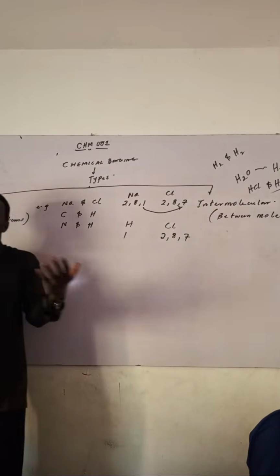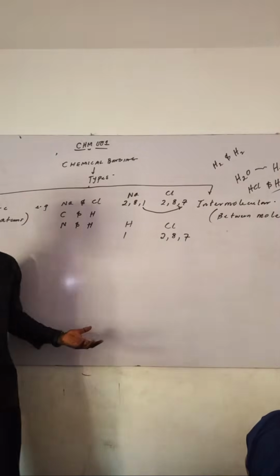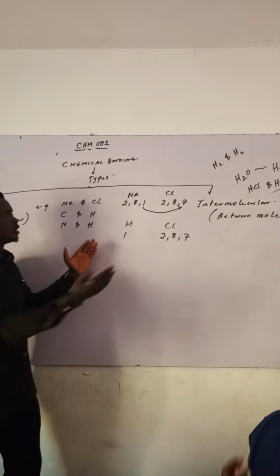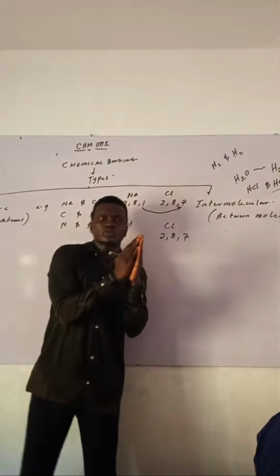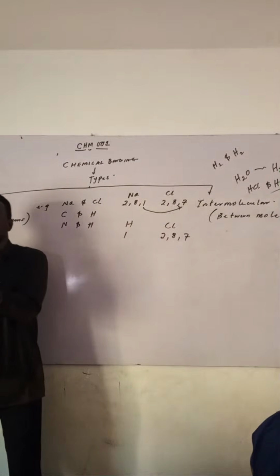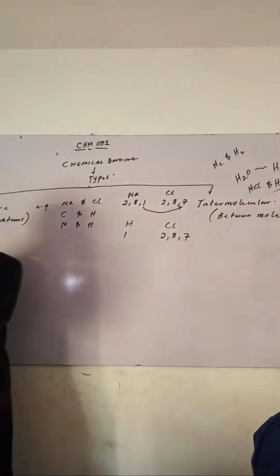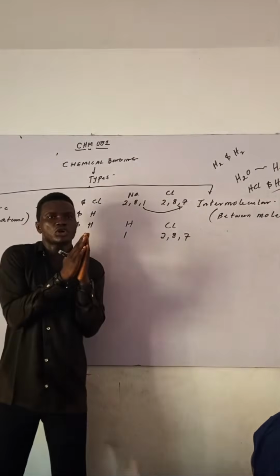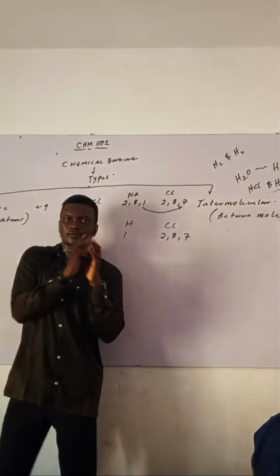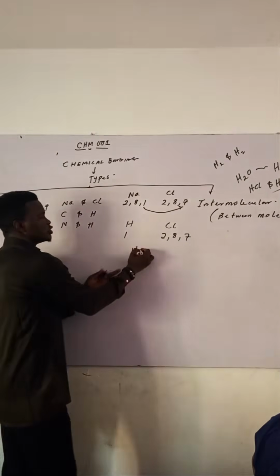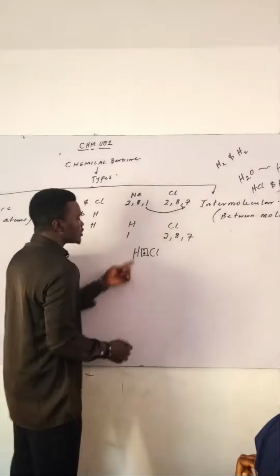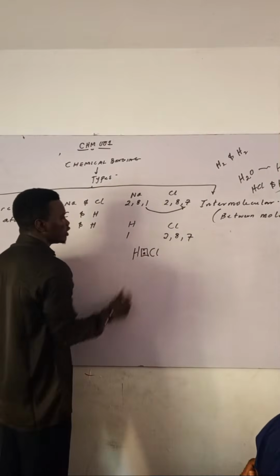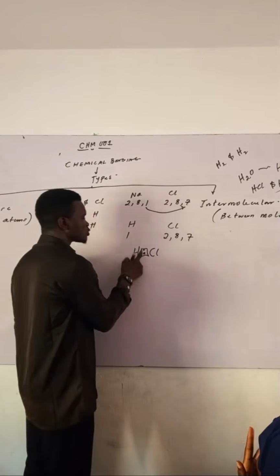Then both of them will now say, oh, let us reach consensus before police will come. Let us share what we have. My one, I will bring it closer to you. Your one, you bring it closer to me. So we'll be living like family. So anytime police come, I will show you I have a partner. You give me your one, I give you my one. That means when police come, where's your two? This is it, 1, 2. Oh, you are complete. Where's your two? This is it, 1, 2.